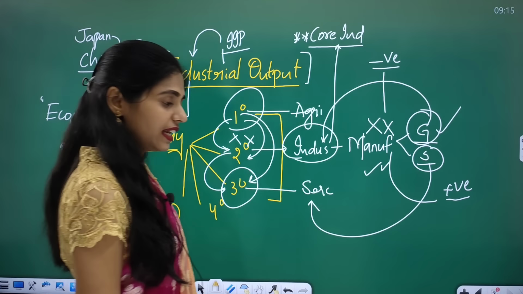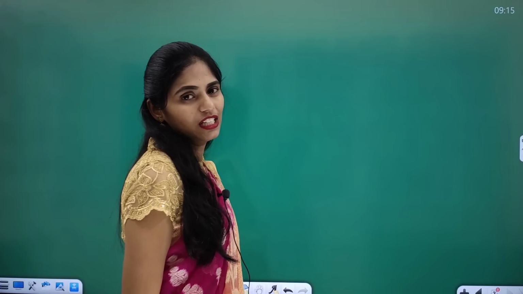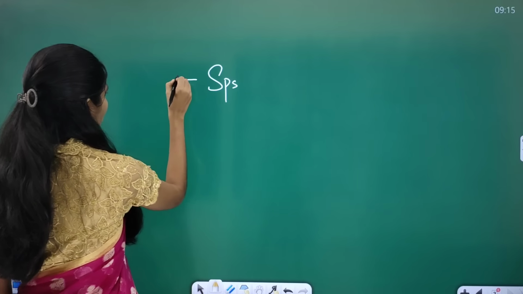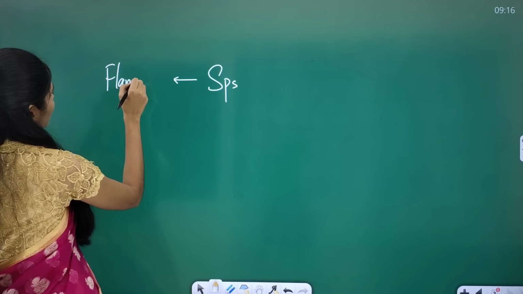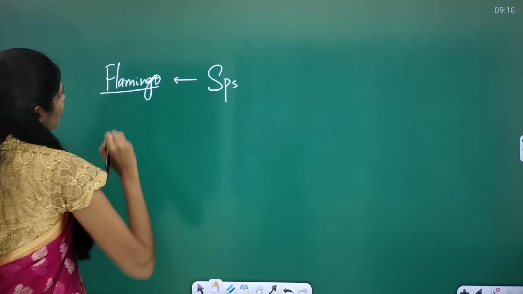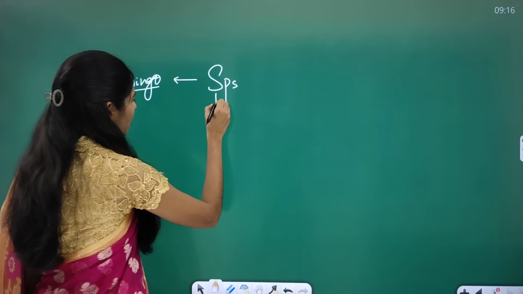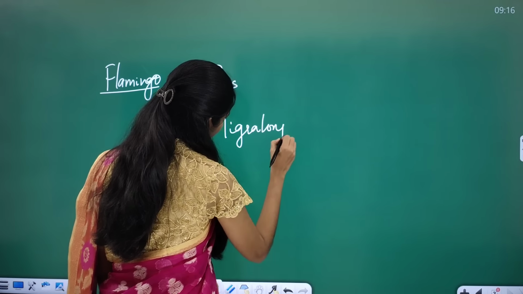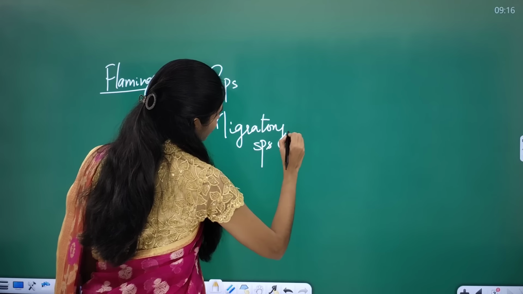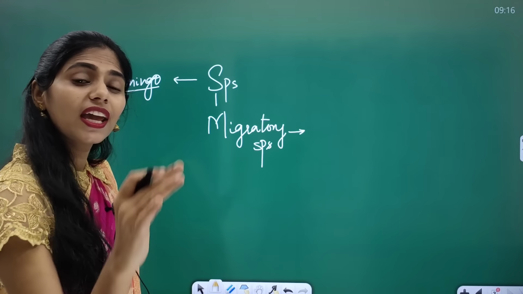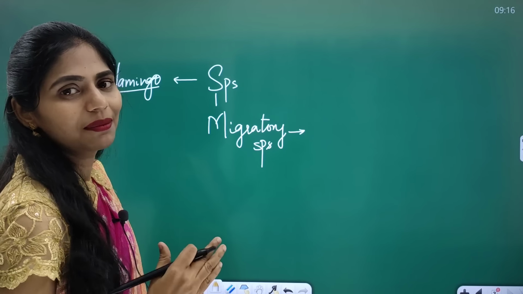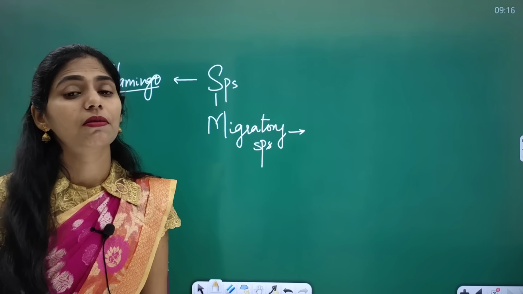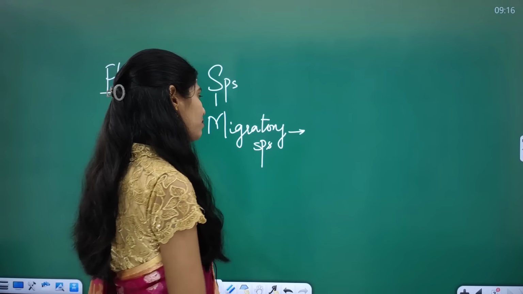So whenever you are getting any bird or any species news, you have to see some facts. Okay, any species. For example, here we got Flamingo. Whenever you are talking about migratory species, we have fly zones. From where they are coming and where are the halt places where they will be stopping. Like some birds will be migrating during winter, some birds will be migrating during summer, like that. So you have to see those